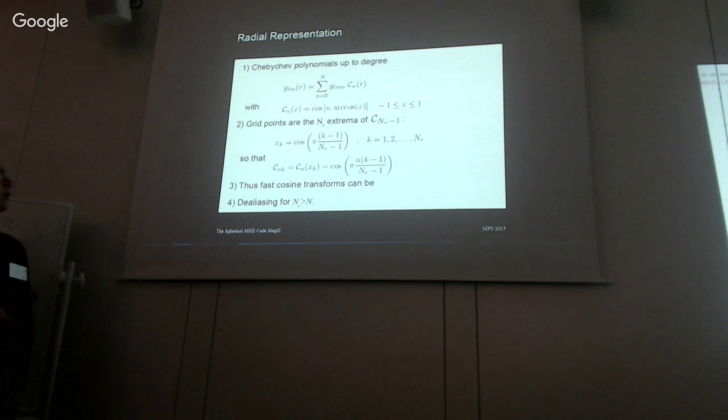So actually, the grid points are the cosine of pi times k minus 1, where k now just numbers the radial grid points, the maximum number being n_r. And you divide this by some normalization factor. If you plug this in here, these x, because you have the arccos, this cosine just vanishes, and you end up with a definition for the polynomials at the given grid points x_k, which is just a